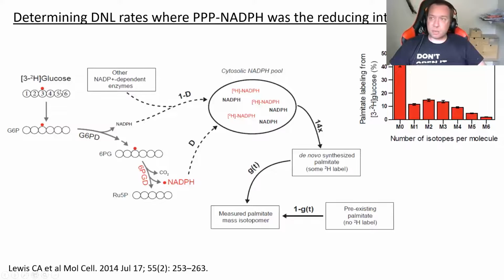So we could put on loads of this labeled glucose, but the NADPH has multiple cellular sources, and the P we need to know is not how much, what the concentration of the glucose was in the cell culture media. It was actually what proportion of this NADPH is labeled. And in concept, and we did try this, you can do it with a very, very expensive mass spectrometer, but